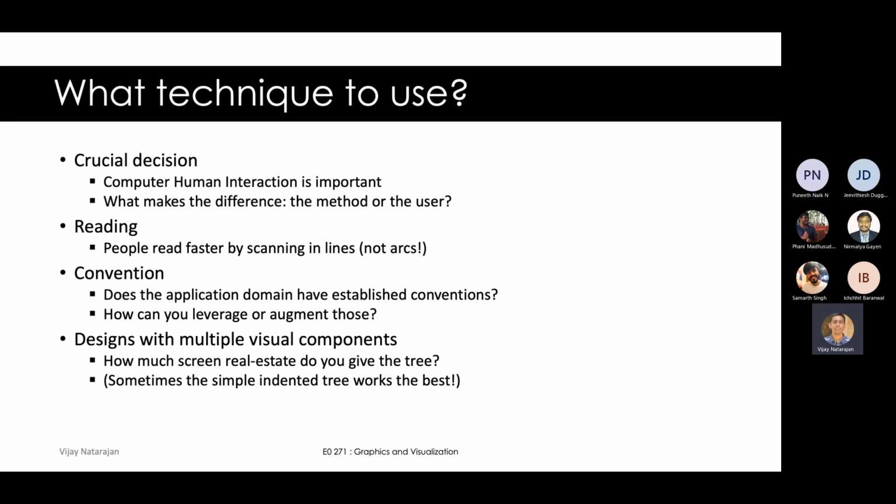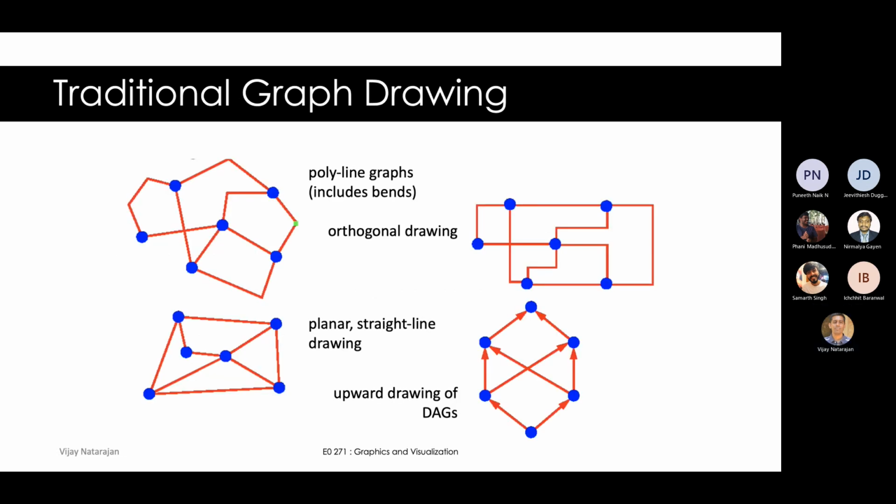I talked already about how much real estate or screen space you are going to occupy. If your tree is going to occupy only a small amount of screen and much of that is white space, then you're not doing a good job. So you need to be careful of that. And oftentimes a simple solution is always good. Okay, so with that, I will move to